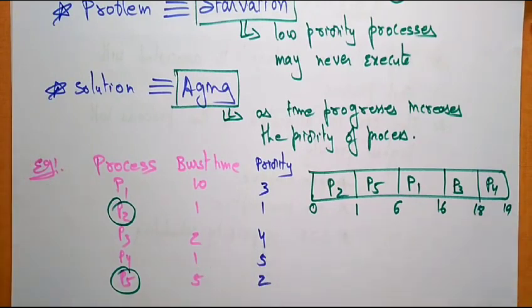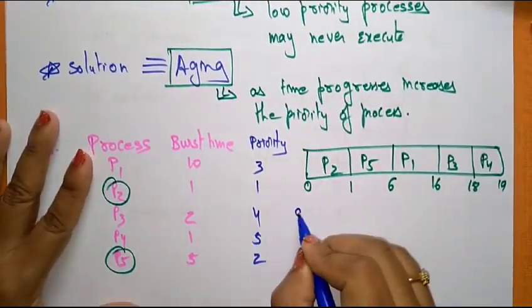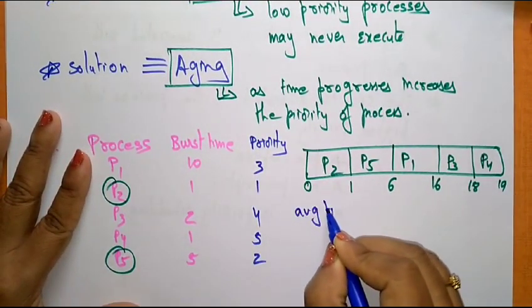Take the processes. And what is the average time of this? Average wait